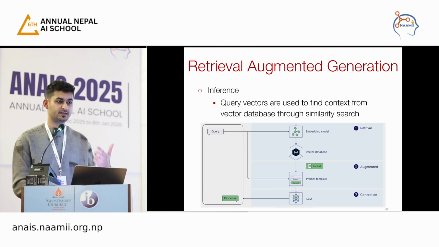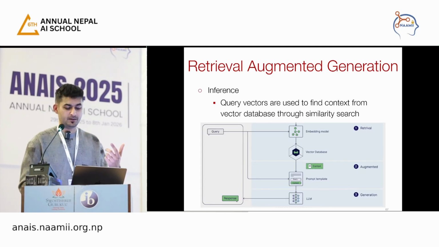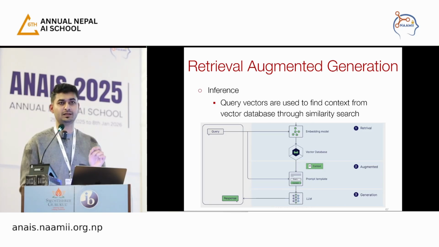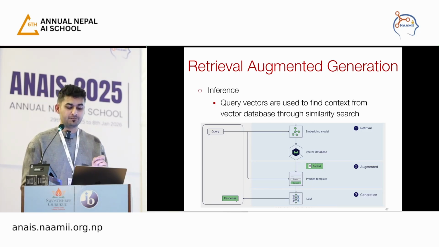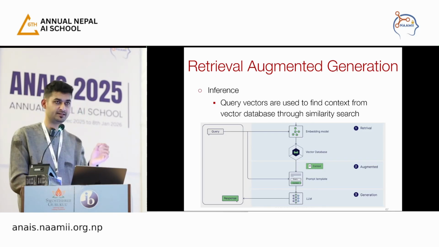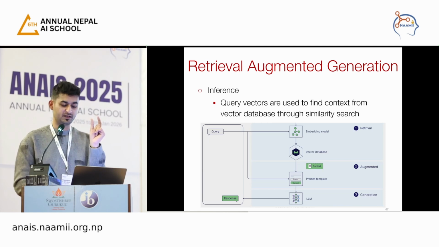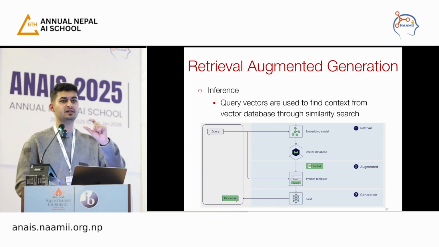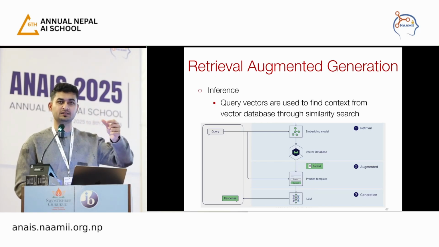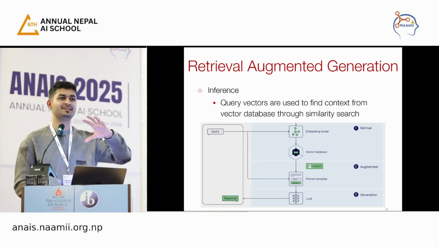If there's a query that seeks some external information, the query will also be converted into a vector through the same embedding model, and a context will be extracted based on similarity search. I have one query, so its vector will be 1 times d, and I have in my vector database 100 million times d. So I'll do a similarity search and retrieve the top k, let's say top 50.